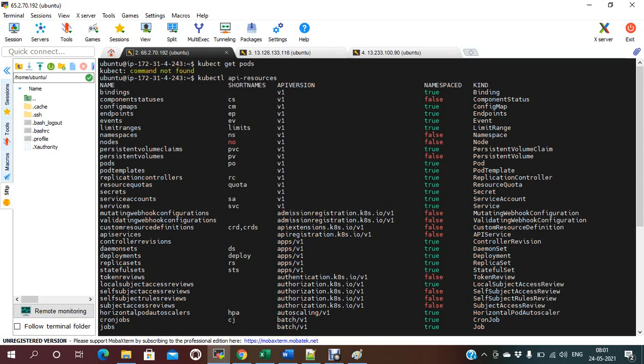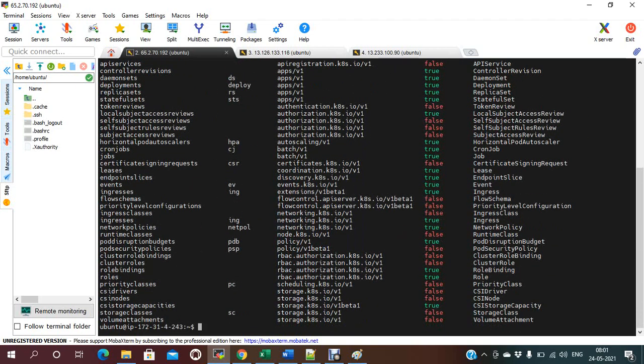If you want to check pods, the short name is po, the version is v1, namespaced is true, and the kind is Pod. So whenever you create the YAML files, you just need to provide the API version, kind, metadata, and spec. All this information you just need to provide.